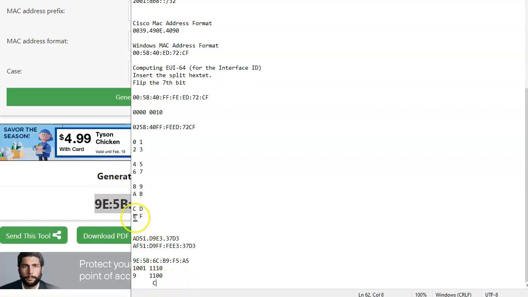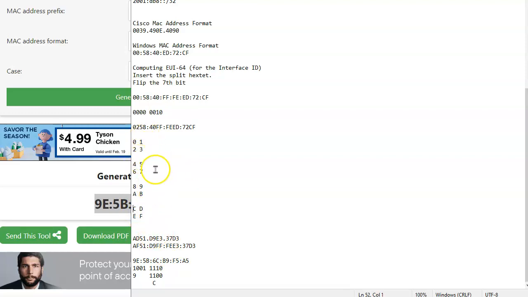So originally it was an E. Now notice that it's a C right here. Right? So you see this, I'm using these two values to flip. That's just a shorthand way to think about it.